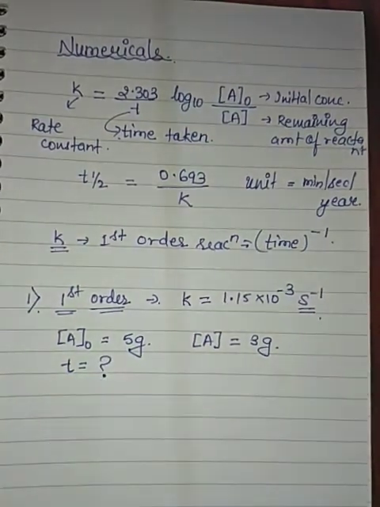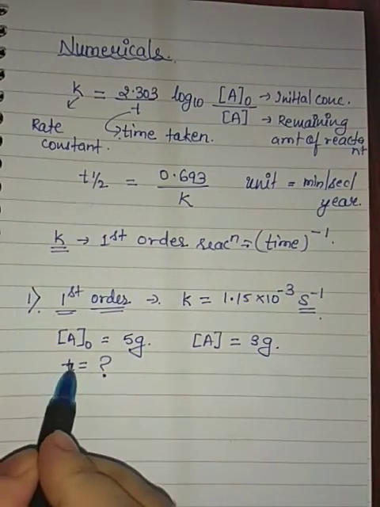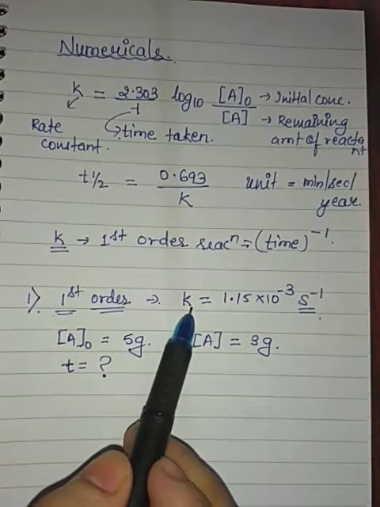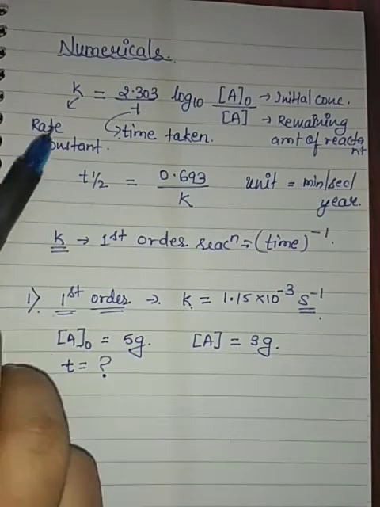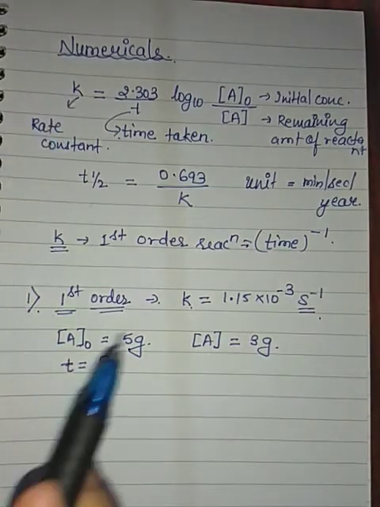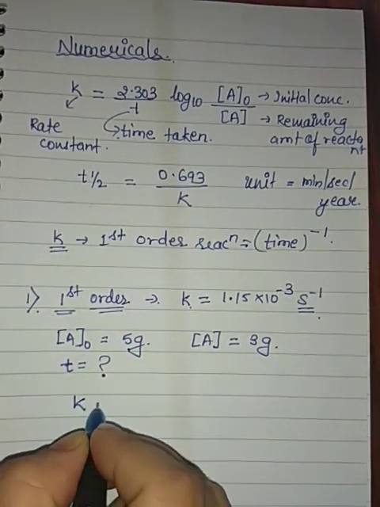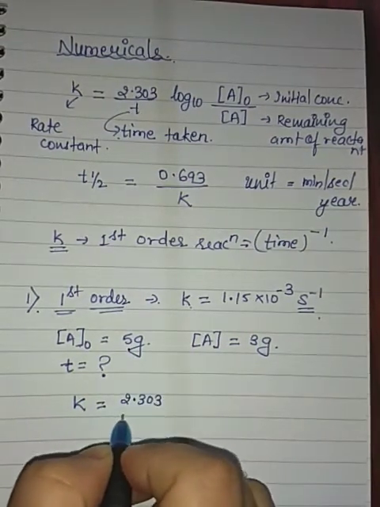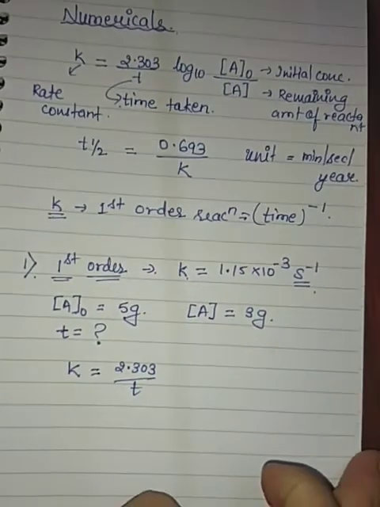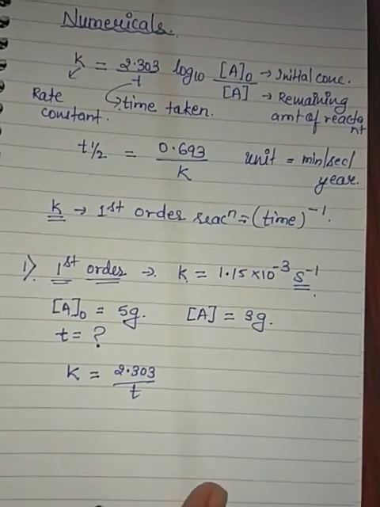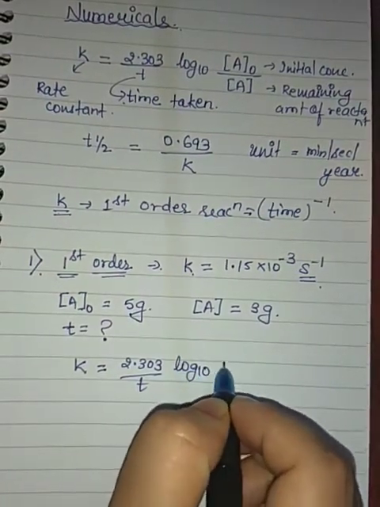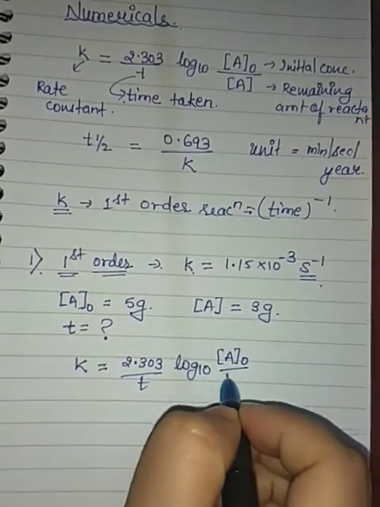That means it is asking for time. By looking at the information given to you, they are asking you time. They have given you A0, A, and the value of k. You will apply the formula of the integrated rate law. Always write the formulae, otherwise you lose marks for writing the formula. I don't know nowadays how they are going to conduct the examination, but earlier it used to be a pen and paper test. For that you needed to follow all the steps.